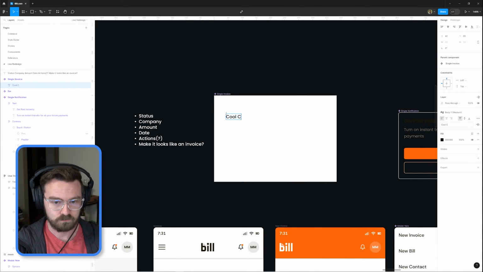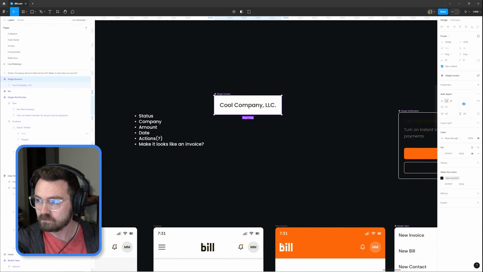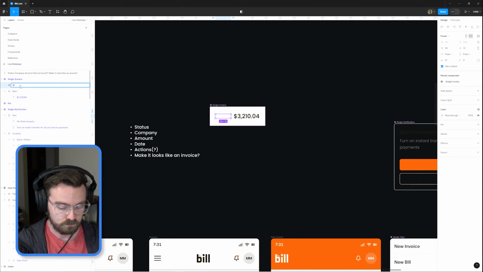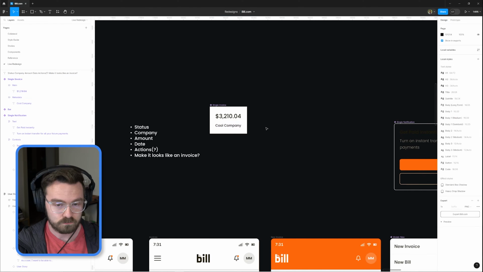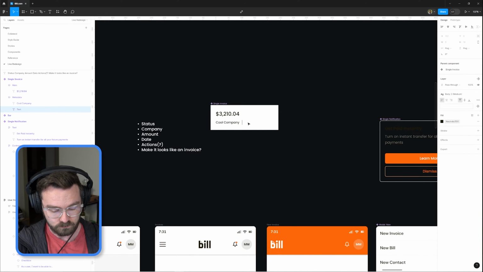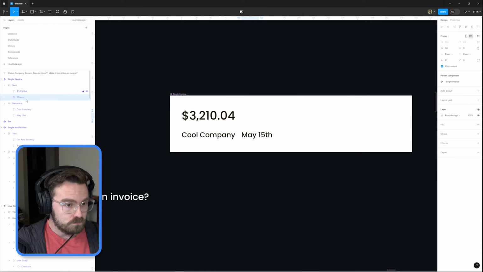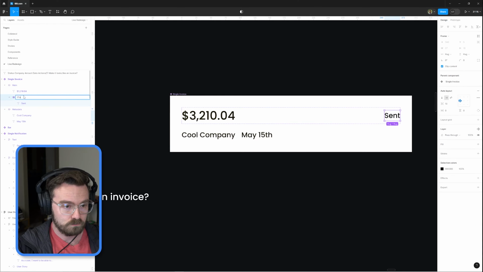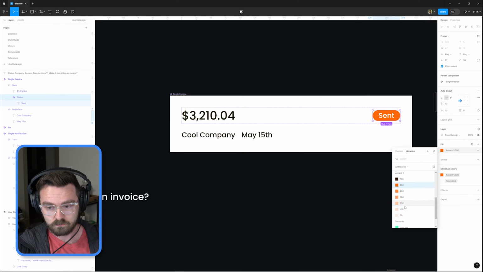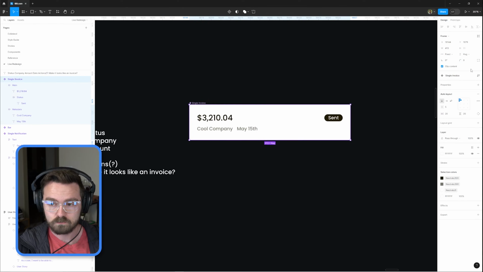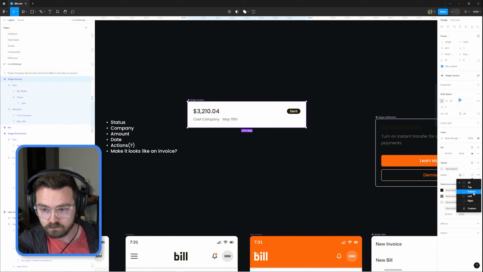Now that we're creating a list of invoices, I'm going to need a single invoice item. And oftentimes when I'm creating a component like this, I'll just list out a bulleted list, usually ranked by importance, of all the things that you would want to see in that card view. That way I know what the information hierarchy should be, and that often just tells me how things should be